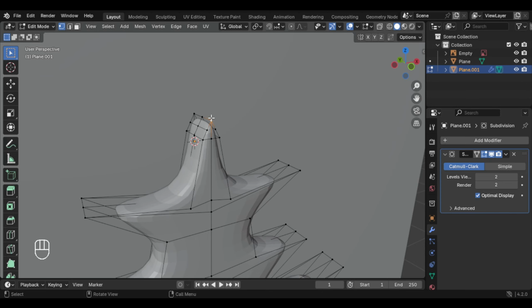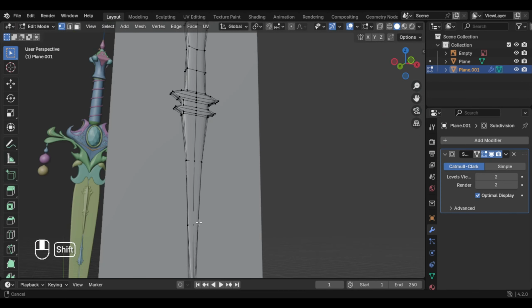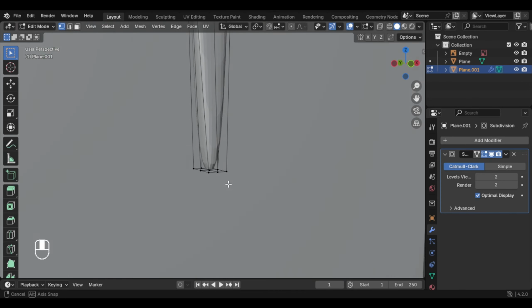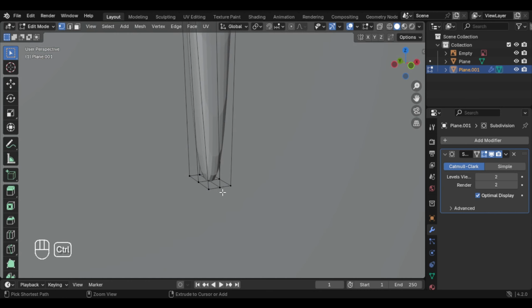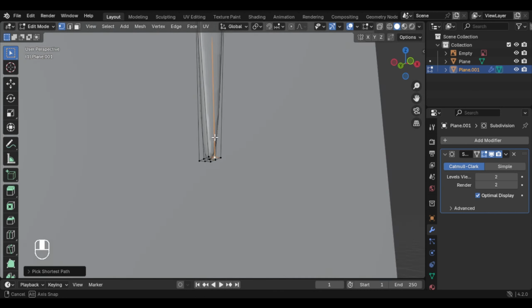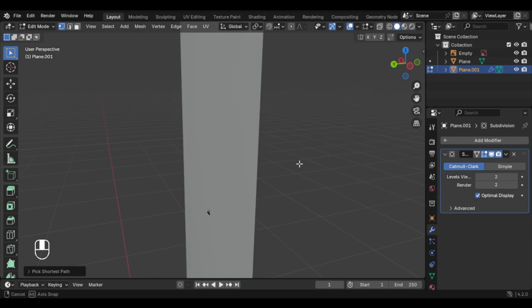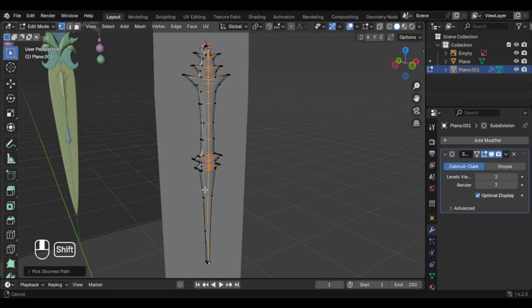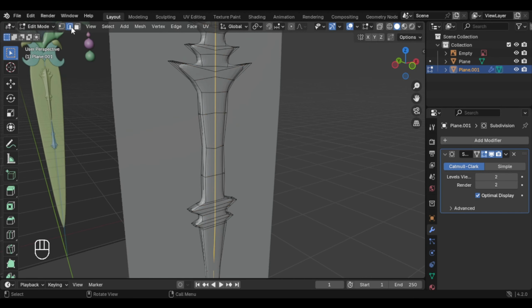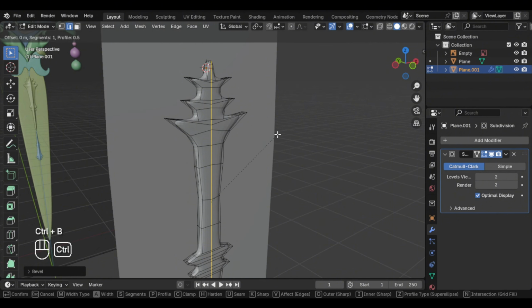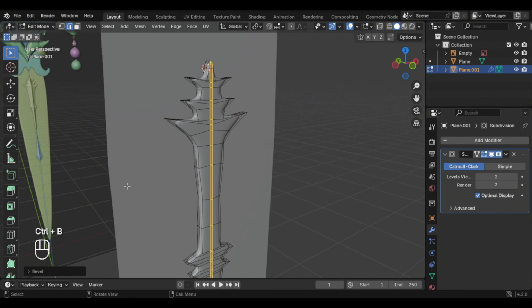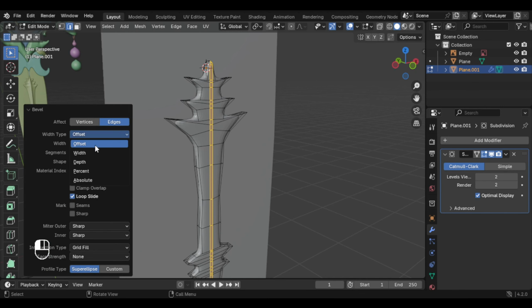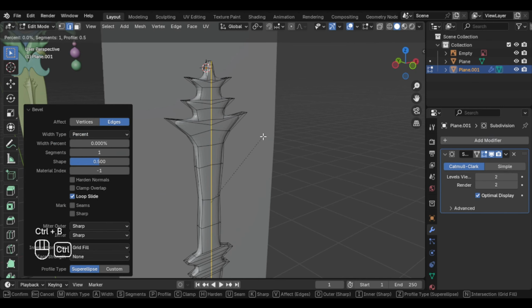And let's select this upper vertex here, and let's go down to the last one, to here, and press Ctrl Shift and hold it, and then click this vertex. And we have this vertex selected, and we can go to our edge select, and let's bevel it, so Ctrl B. And once you have that, we can come down here to this bevel and change the offset to the %. And let's bevel it again